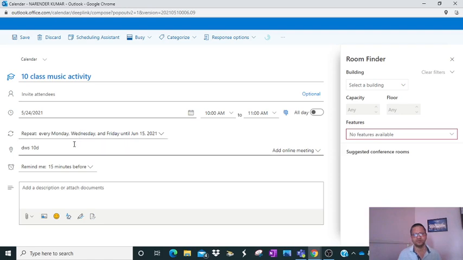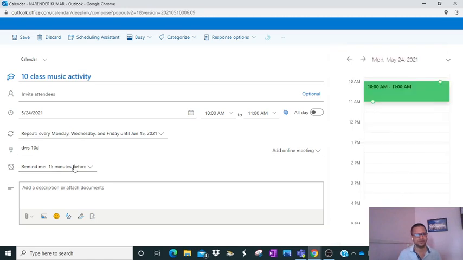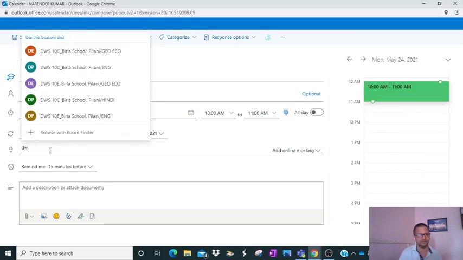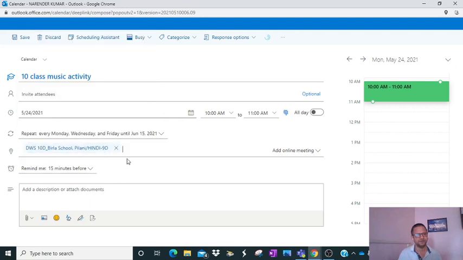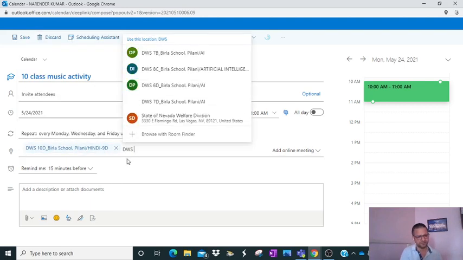You can also find this room. If you are not finding it, you can select the team TWS 10E. So here is the 10D, one TWS 10E.